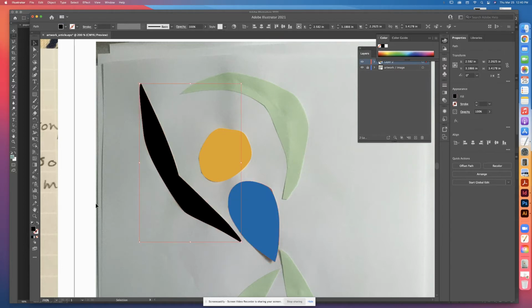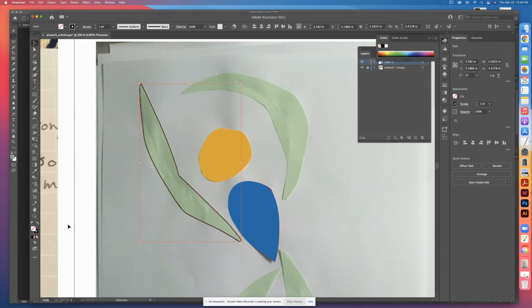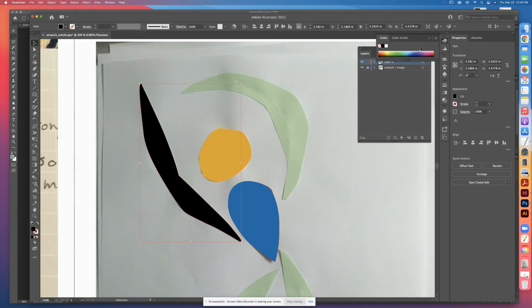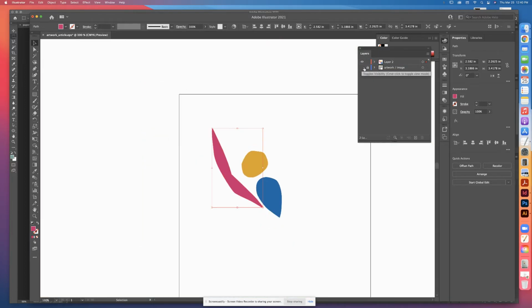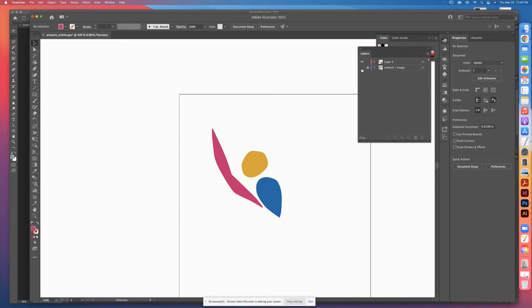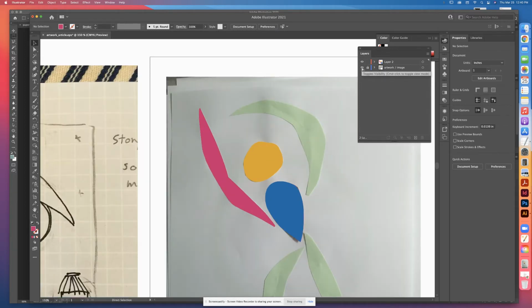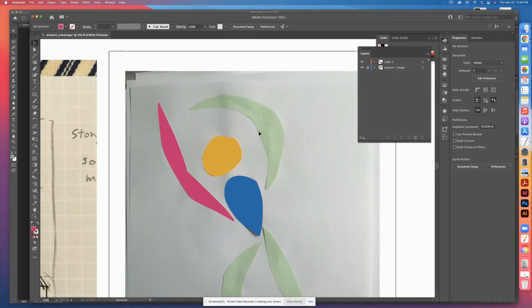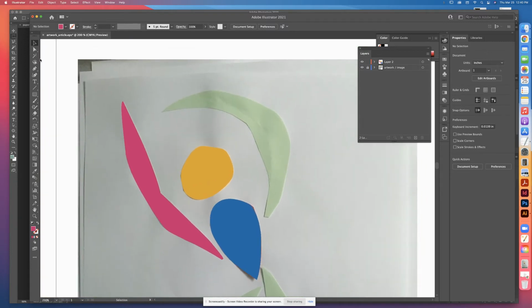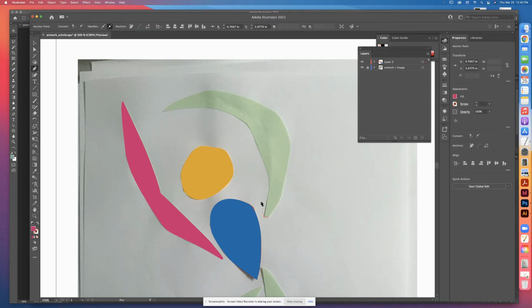And same for this. The key command for swapping the colors is Shift X if you're curious. Okay. You can see, if I turn off that image layer, this is what it looks like. Okay. I'm going to do the other arm really quickly so you can see how I'll place it